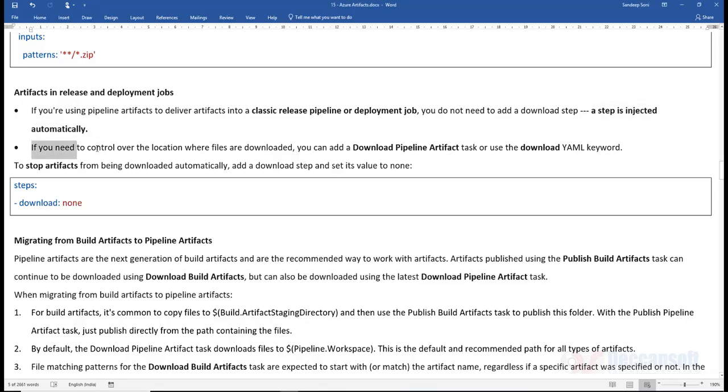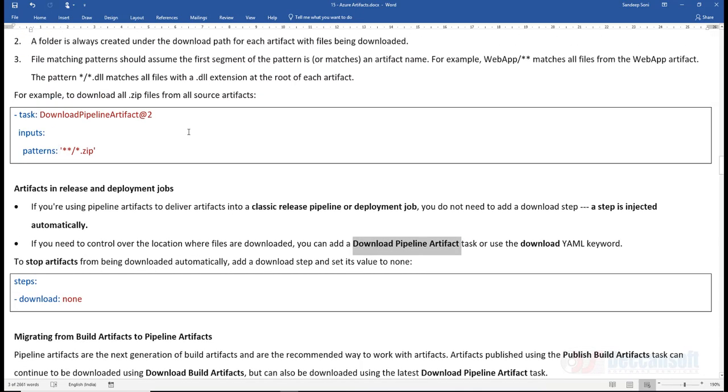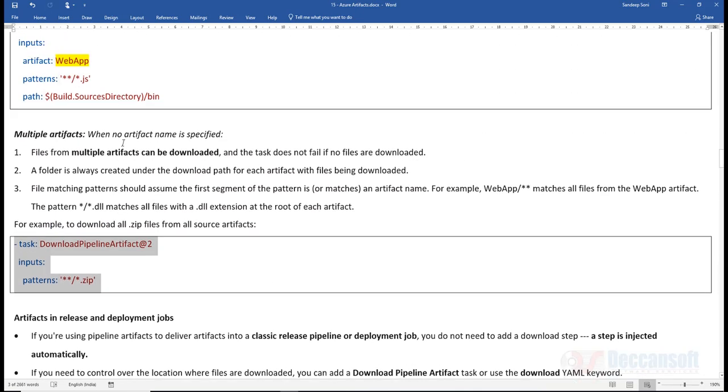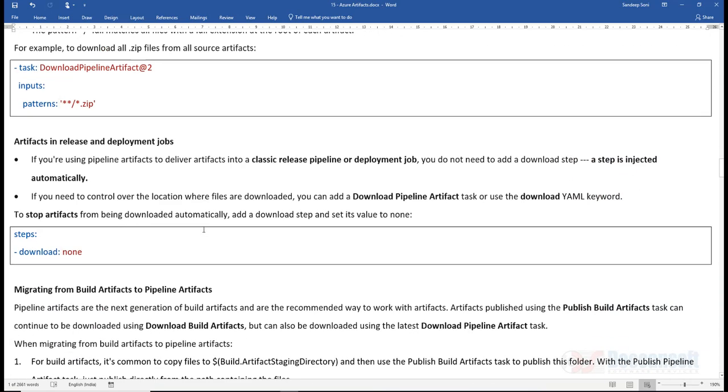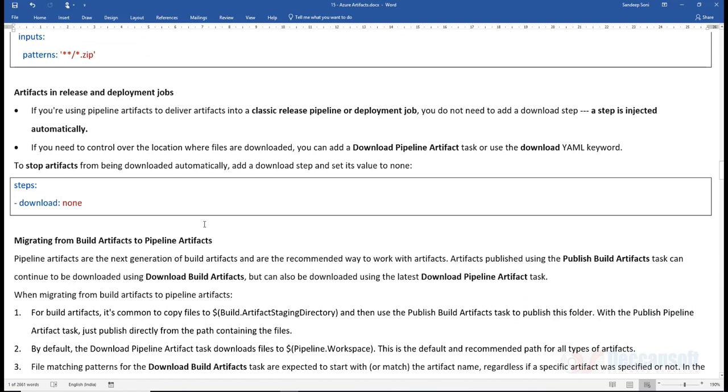If you want control over the location where the files are downloaded, you can add the download pipeline artifact task. If you want to control which location they should be downloaded to, then you use it. Otherwise, don't use it. It's automatically there.